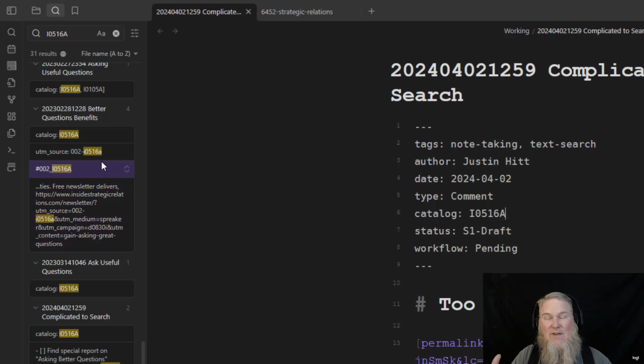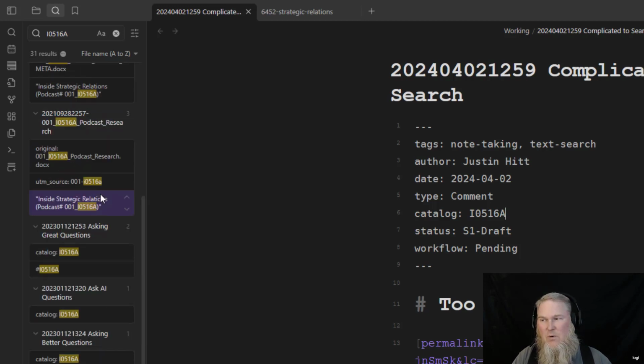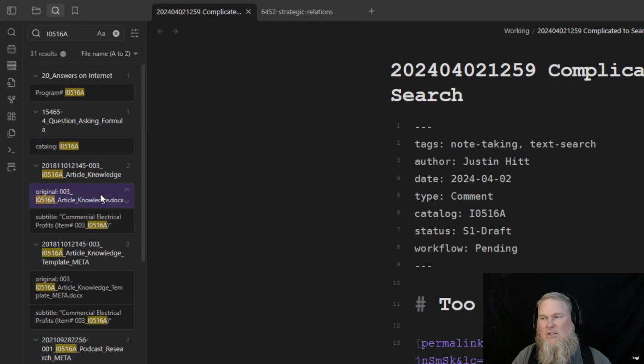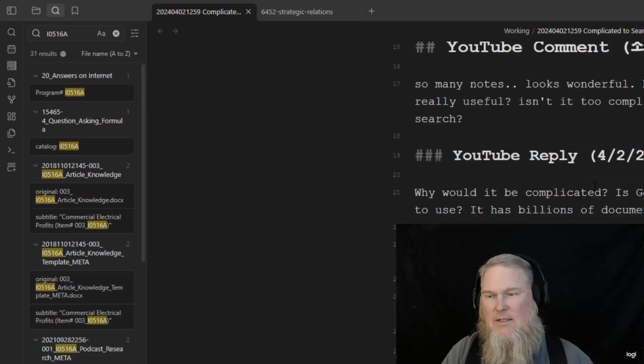So, the benefits of asking better questions. See over here on the side? How to ask useful questions, knowing things rather than searching for things. I could build out a whole map of content on asking questions. But if I'm doing a map of content on asking questions, I'm not finishing this audio presentation or this